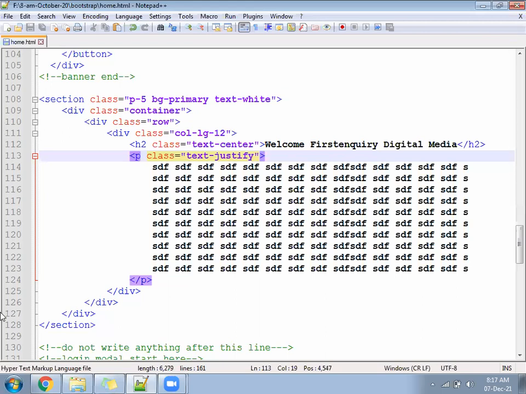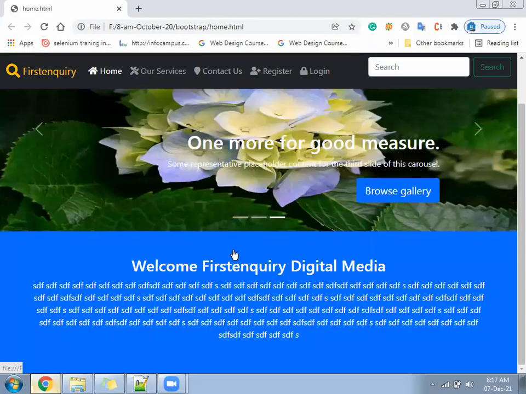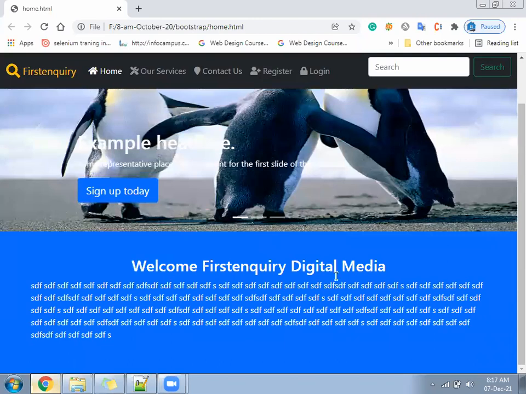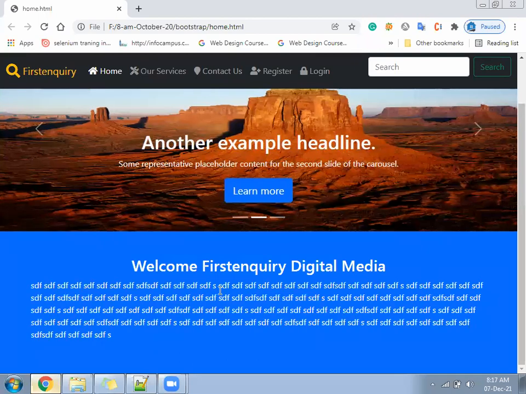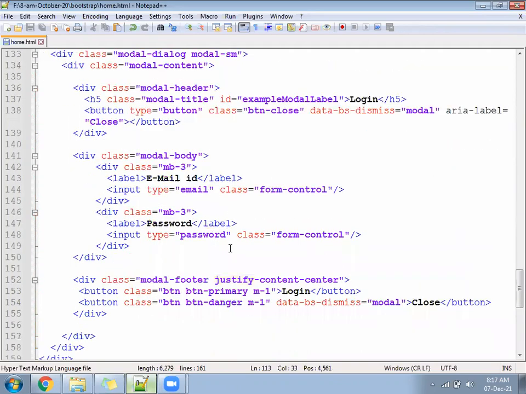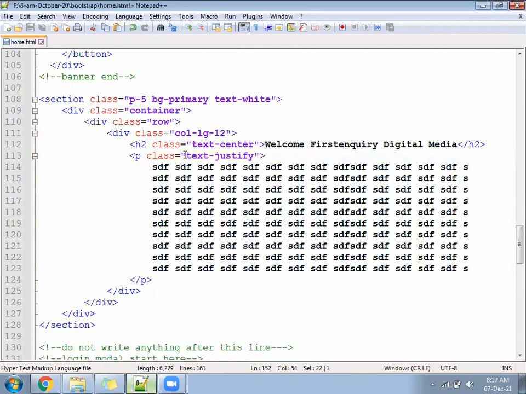Hope ready? Your page looks like this. One is the text center, and this is text justify. Text justify is not working, I guess. Yesterday we wrote a class called justify content center. Text justify we wrote here. It should capture the left align and right align.